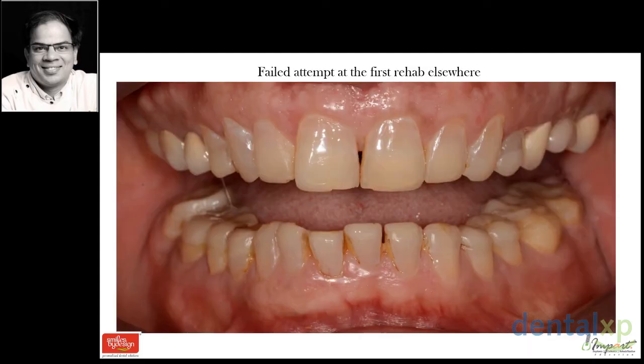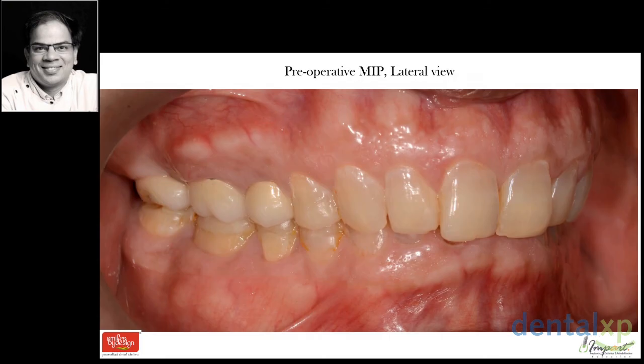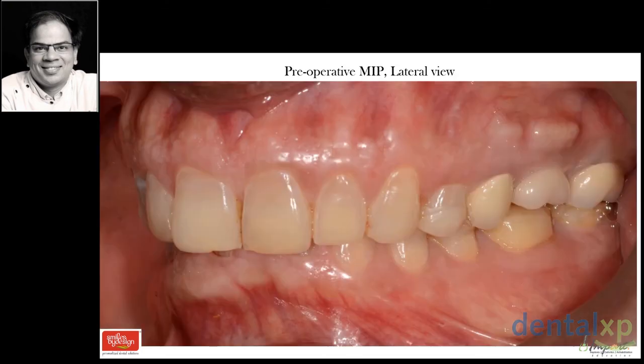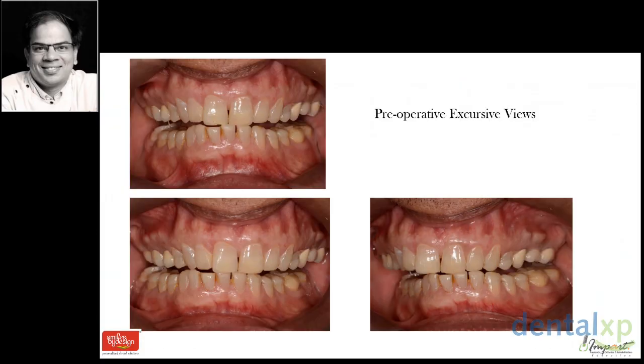That's the MIP on the left and right hand side. He has a lot of erosion on the upper anteriors on the lingual side where the previous dentist has already done composite veneers for him. So I'm going to remove those and do some treatment for him. That's your postured position, the way a patient never would eat, but we have still taken that picture just for the sake of documentation. But we know that this is not as important as the chewing.